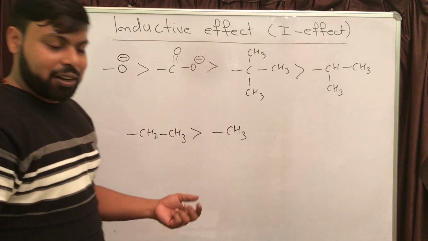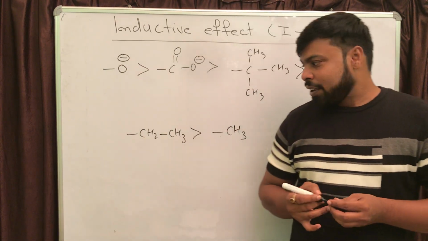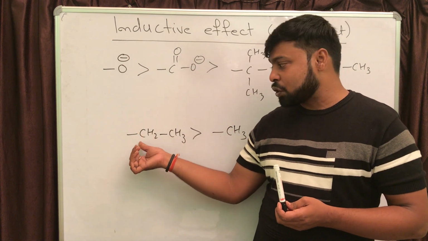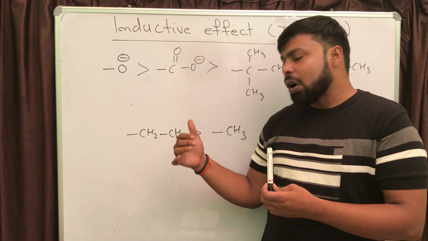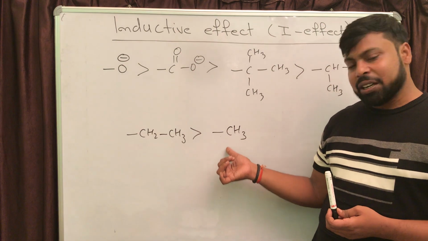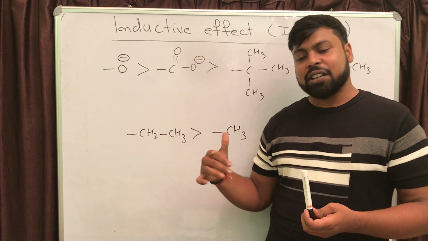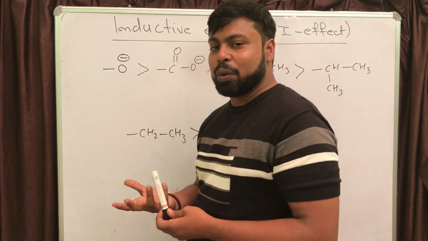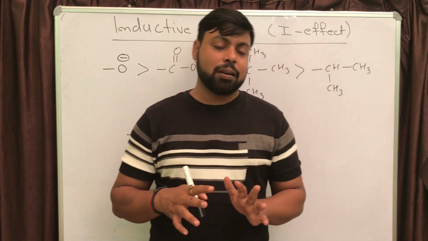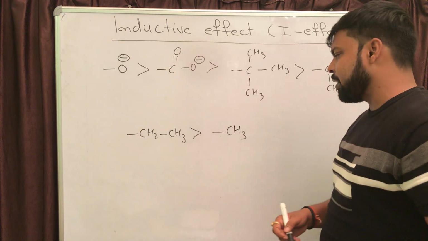That means from the last two, we can conclude that if the degree is the same, if you observe the carbon atom which is going to join with some other series or with some other atom is 1 degree, and here the carbon is also 1 degree, right? So what I am saying, if the degree of alkyl group is the same, you can say more is the number of carbon atoms, more is the electron donation ability. I'll give you the statement, right?